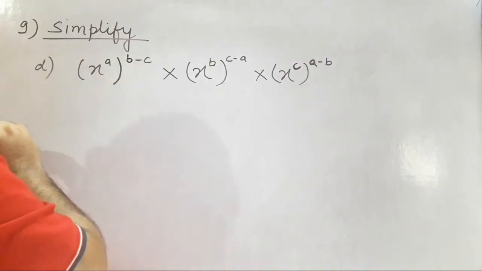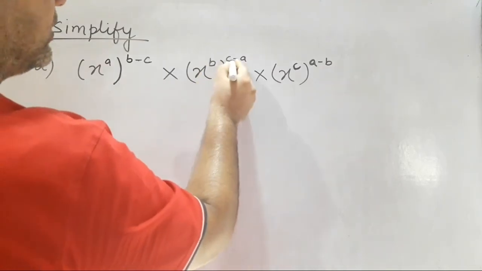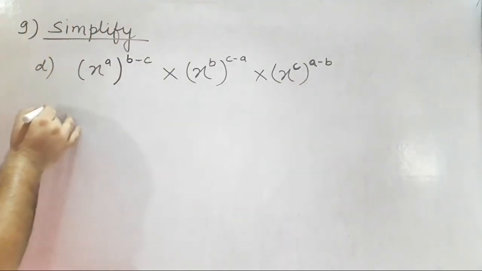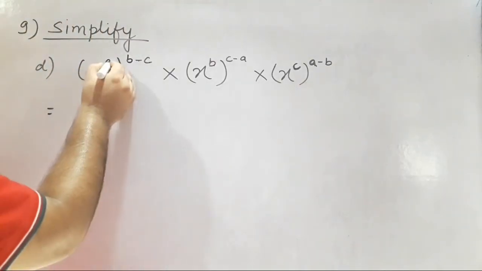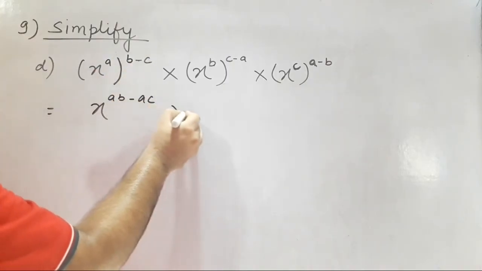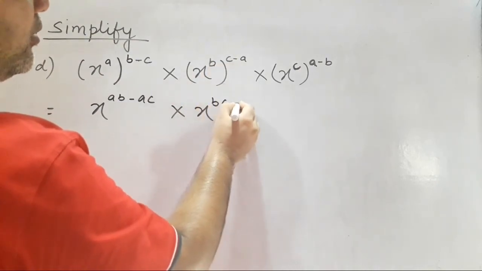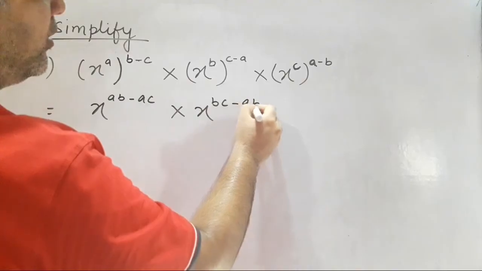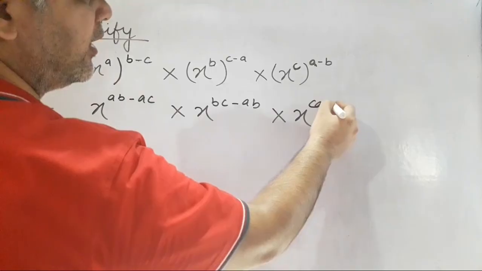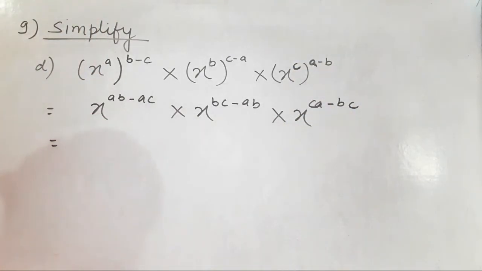The next question is also similar to the previous one, but here at first the powers should be multiplied. Power a will multiply b minus c, power b will multiply c minus a, and power c will multiply a minus b. So x power a into b, ab minus a into c, ac, into x power b into c, bc minus b into a, ab, into x power c into a, ca minus c into b, bc, equal to